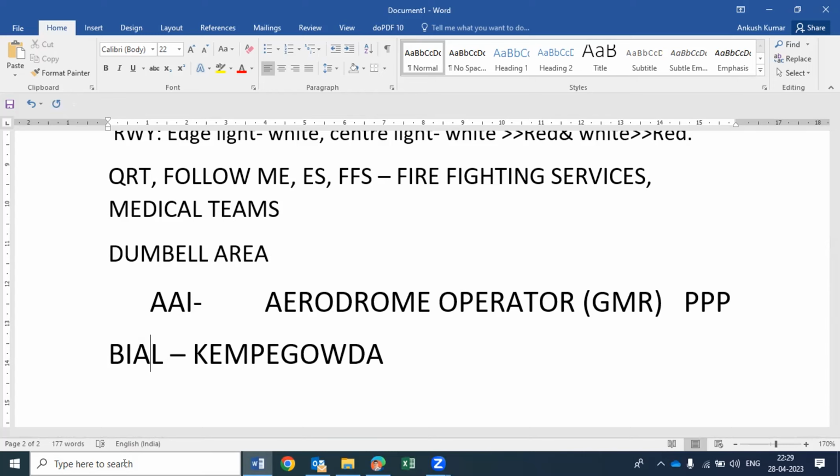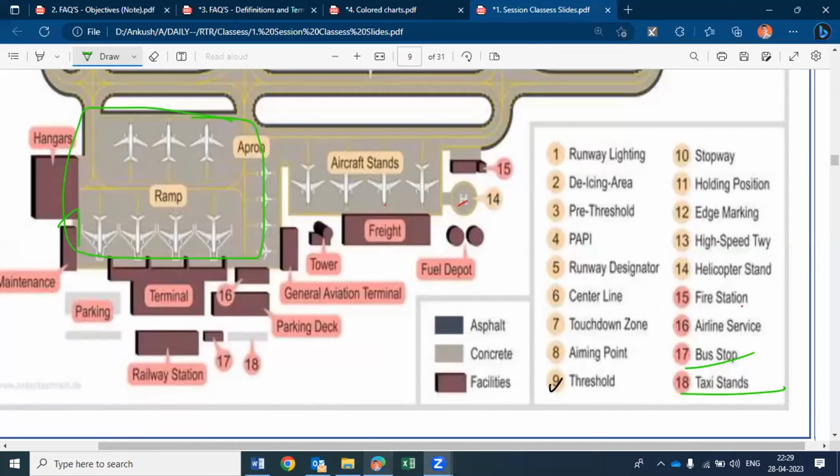It's Bangalore International Airport Limited. Was correct. I'm not working near to the international airport now, that's why I don't know, but I knew it. It was a BIAL. So ये हो गया एयरपोर्ट ऑपरेटर।